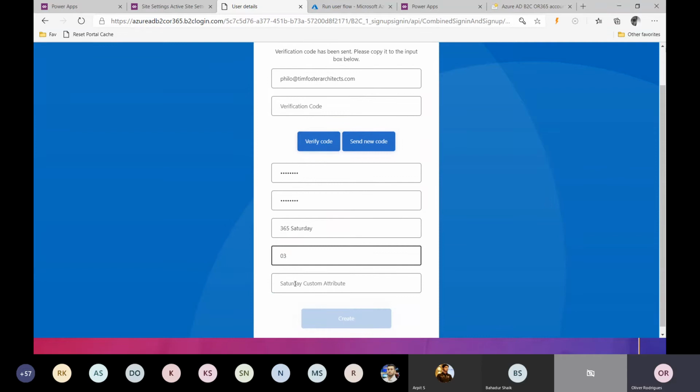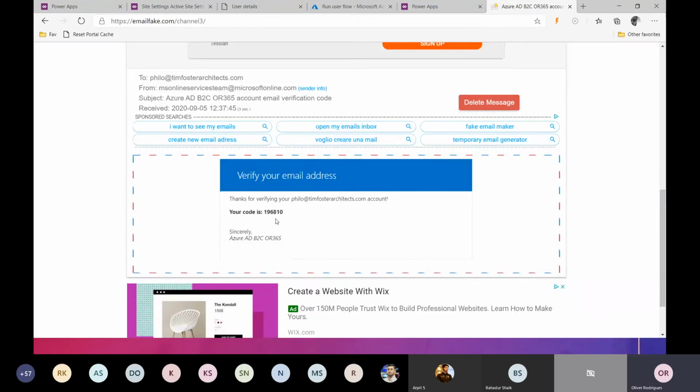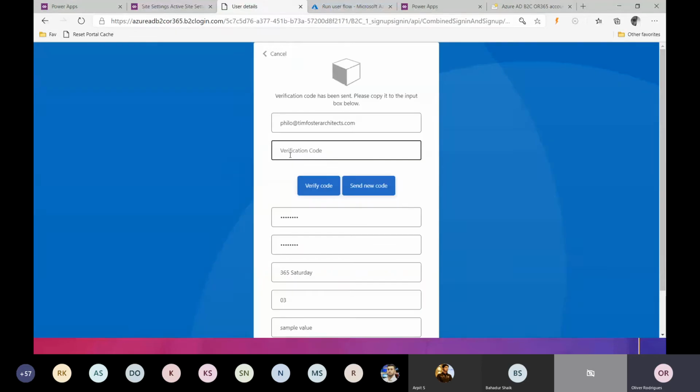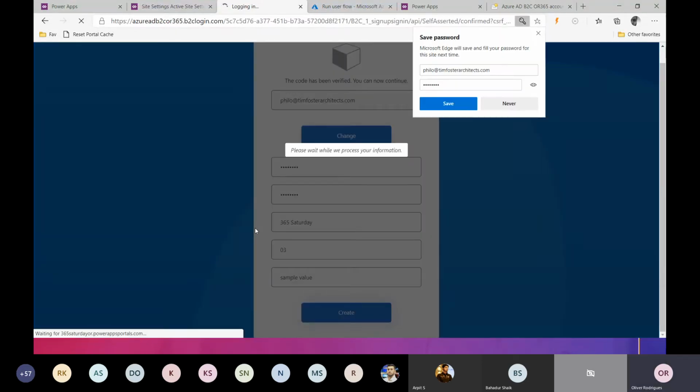You see that we have the new attribute. I'll just put sample value. It doesn't really matter here. Okay, we have the code. I'm just going to verify my email. Once I create this,